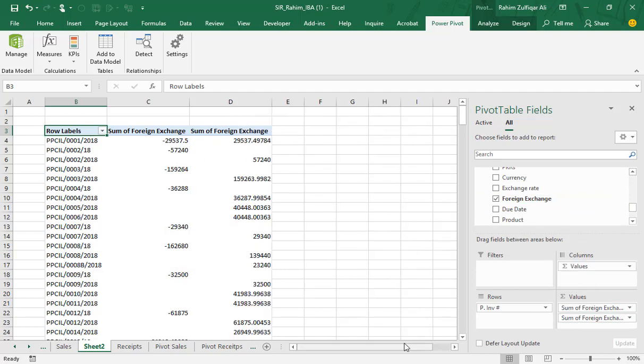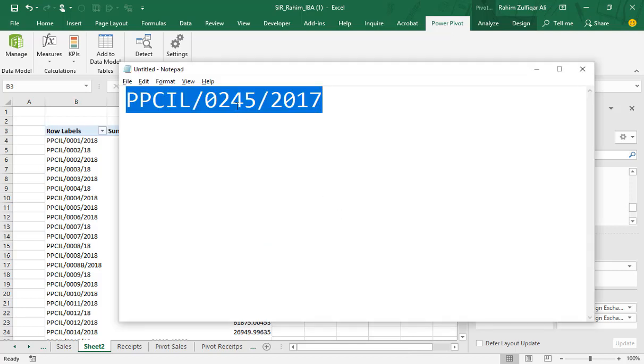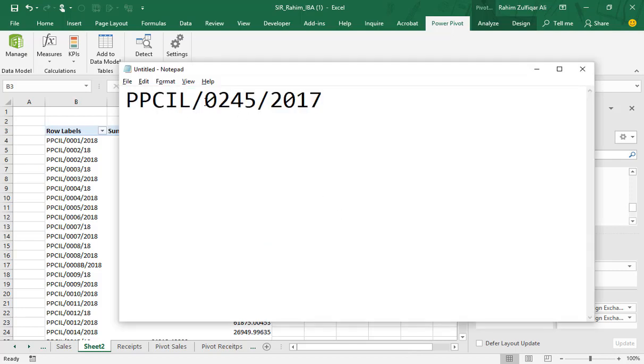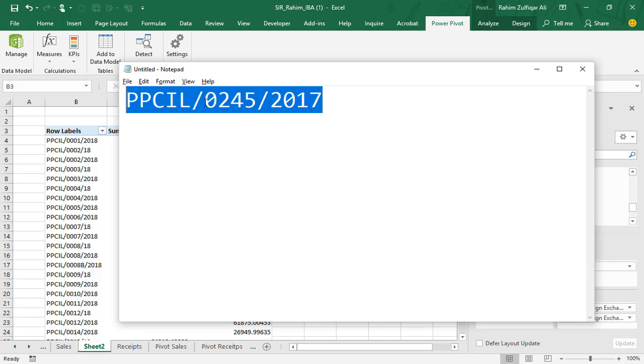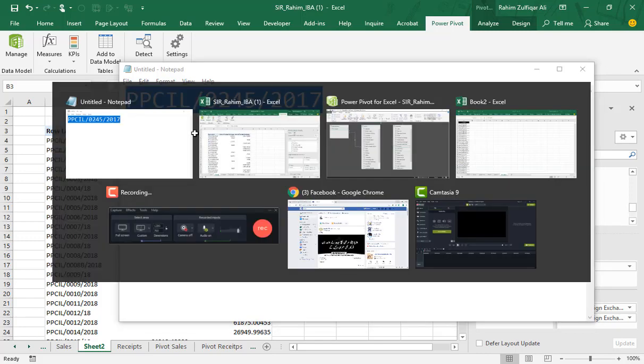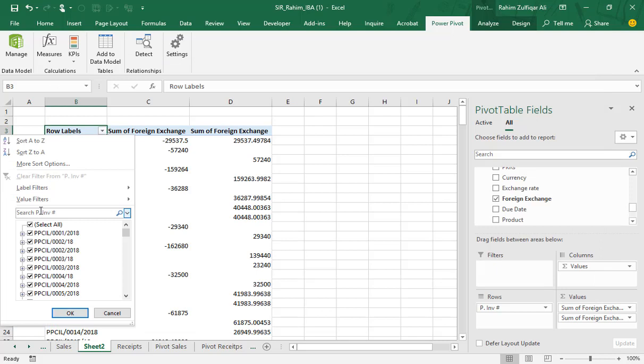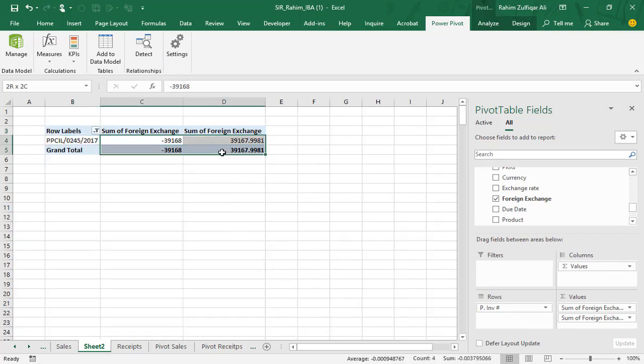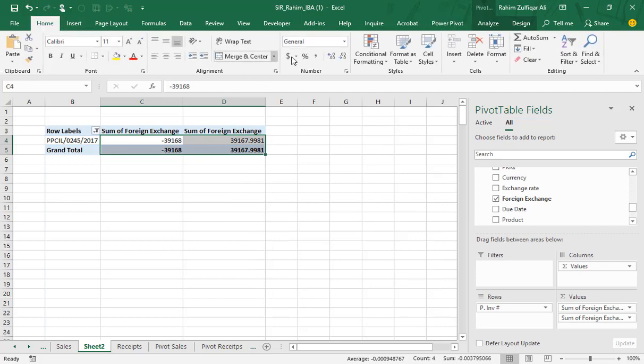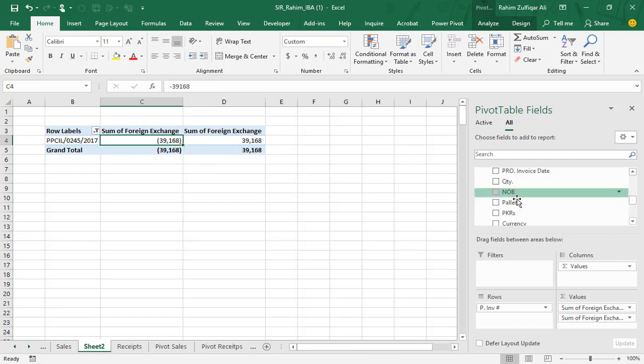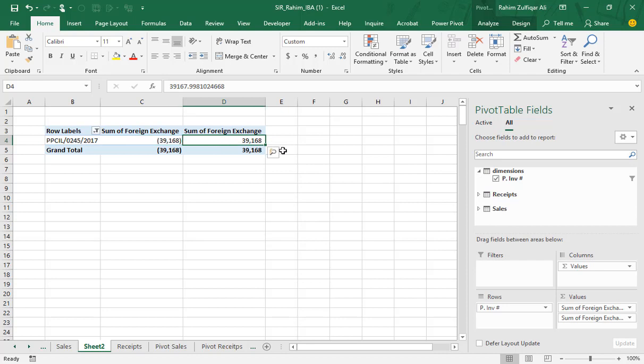I have identified one invoice number, which is PPCIL/0245/2017. Let's see whether this invoice number is now available in this Power Pivot or not. Yes, it is available, and here it is. The first foreign exchange value is coming from the receipts side, and the second is coming from the sales side.